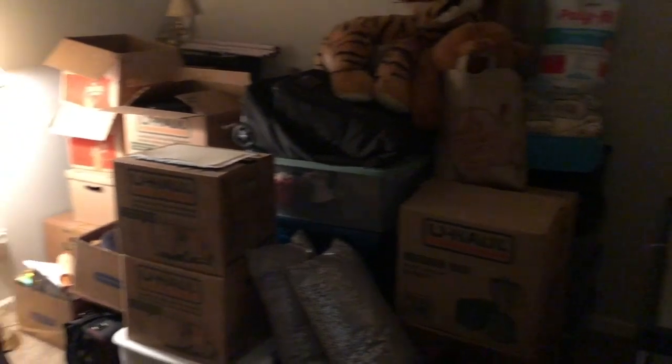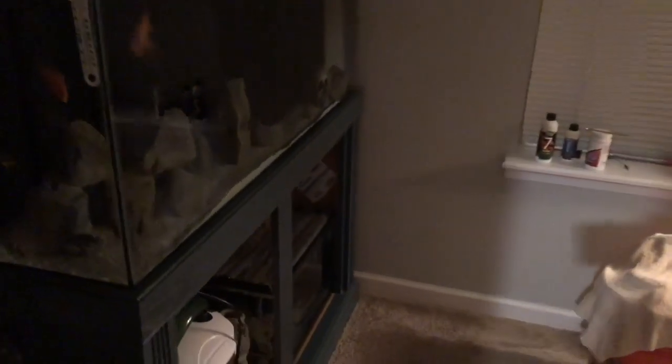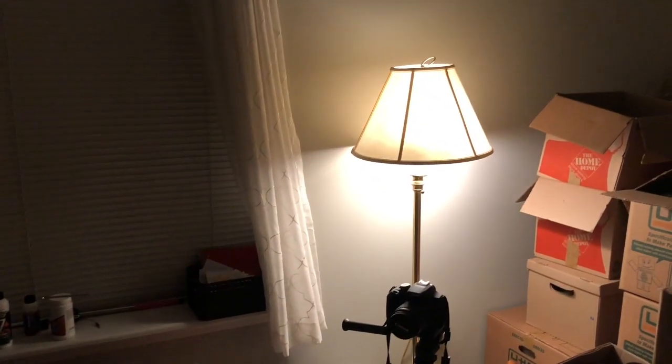First off, ignore this room and the mess in there, because obviously we're moving in about 2.5 weeks, so we're just packing, getting ready for that, and we've got a lot of exciting things to come, so make sure you